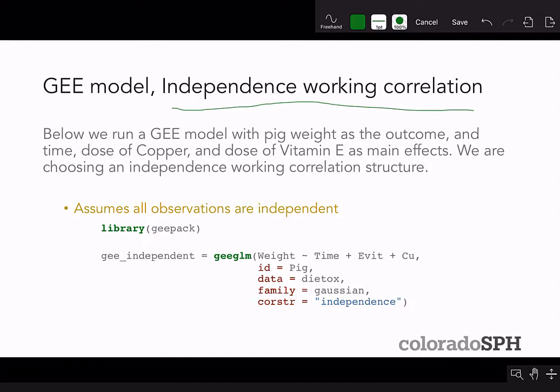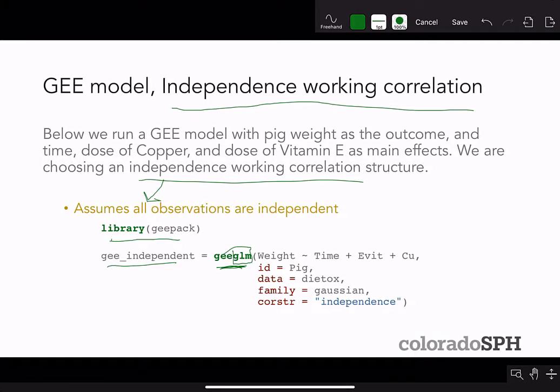So below, I'm going to run a GEE model with pig weight as the outcome, and time, copper dose, and vitamin E dose as the main effects. The independence working correlation structure is assuming that all observations are independent. The gee package is the one I'm using to run the GEE model here. I'm defining the GEE independent model. This GEEGLM function is the main function that we're using to run the GEE, and it has syntax that's very similar to the regular GLM function,